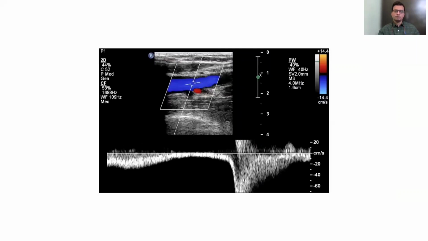Sometimes you have to do a Doppler study over the vein and keep the angle at 0 degrees, and in this condition you get the flow. Then you squeeze the leg veins, and you will get augmentation of the flow like this. If you get the augmentation of the flow like this, it means the whole system is patent. If you don't get the augmentation of the flow after compressing or squeezing the calf muscles of the leg, then definitely there is a chance of thrombosis between the popliteal vein and common femoral vein.